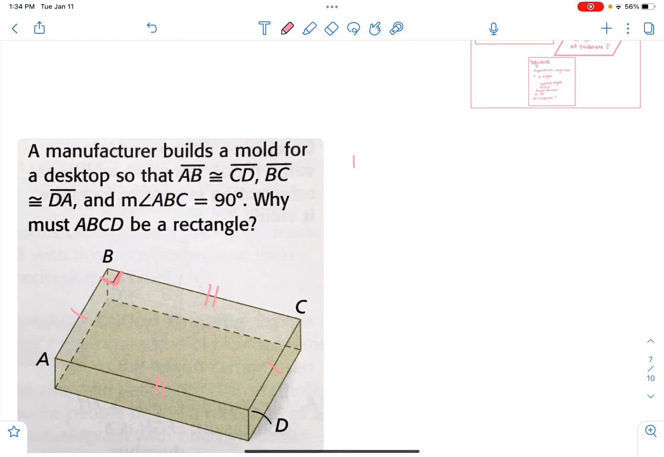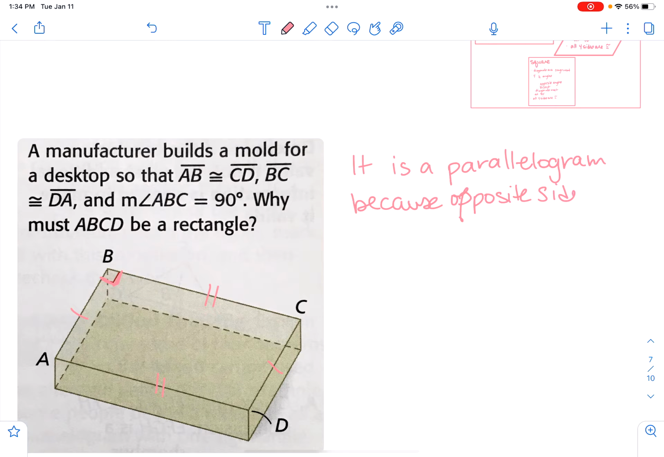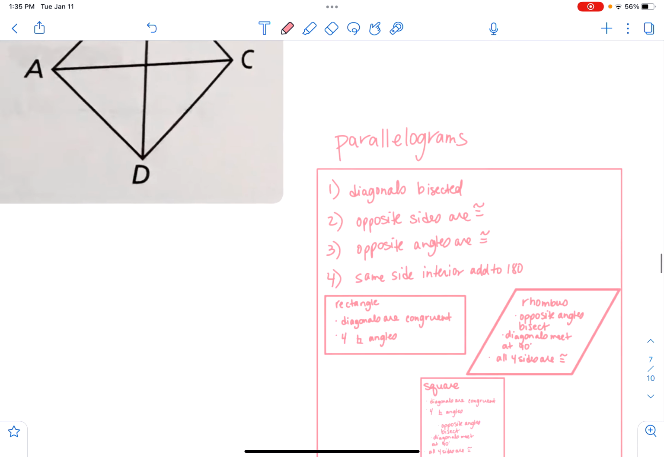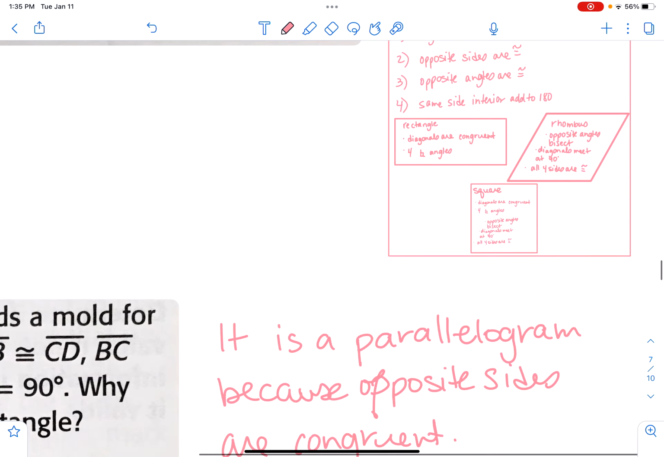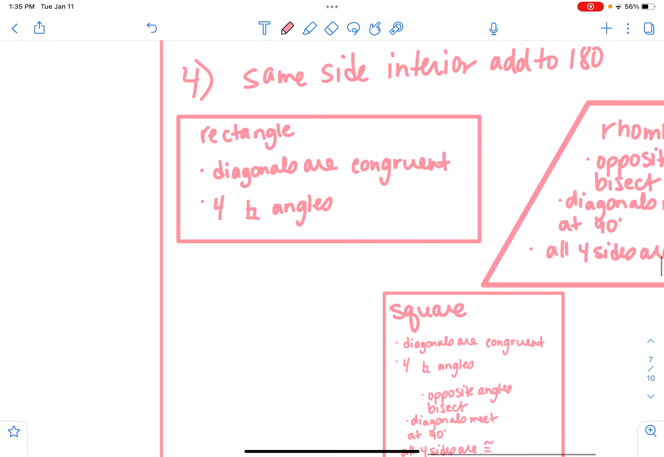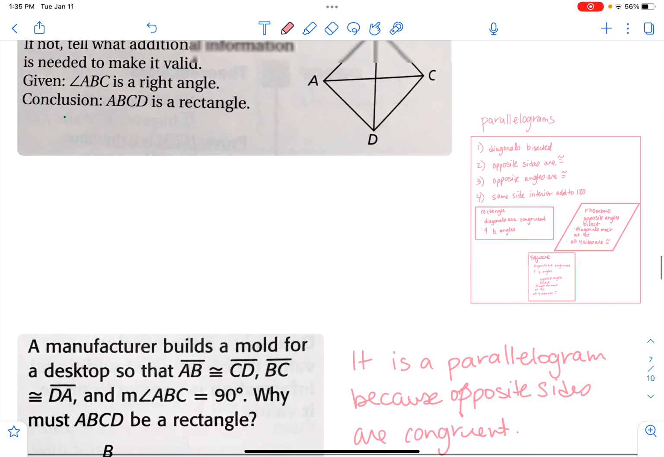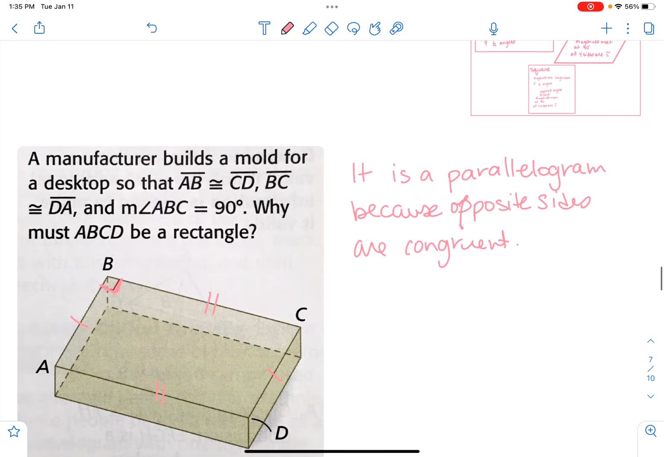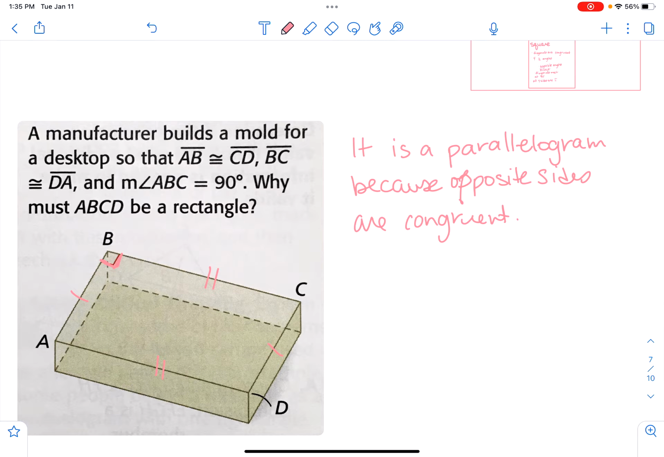So we would say it is a parallelogram because opposite sides are congruent. So that was rule 2 here. Then in order for it to be a rectangle, we either need the diagonals to be congruent or 4 right angles. So we have 1 right angle, but since it's a parallelogram,